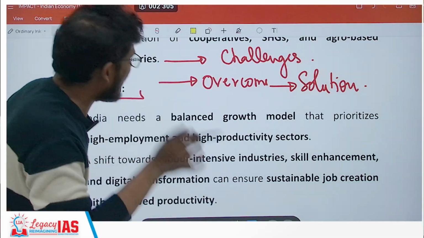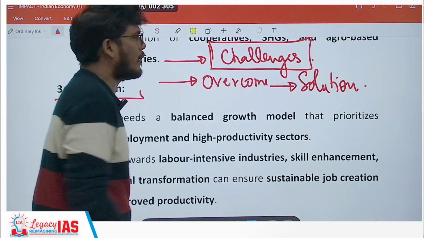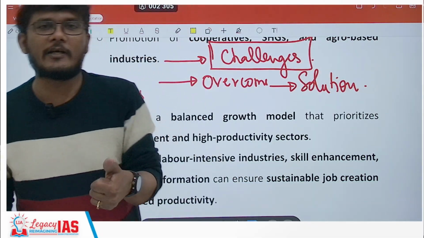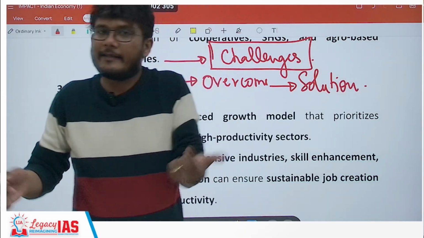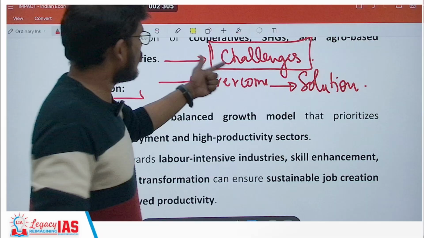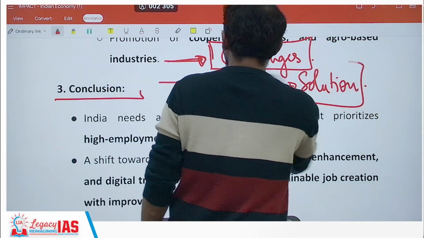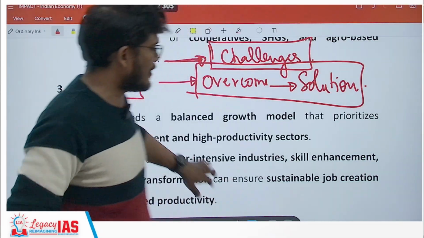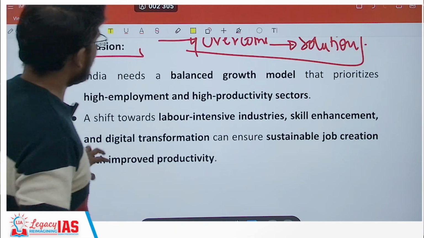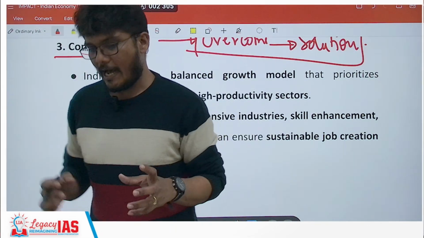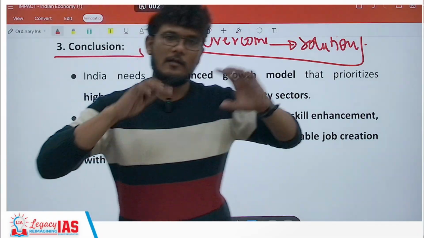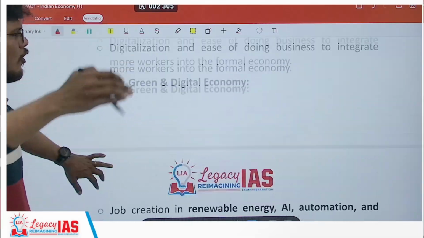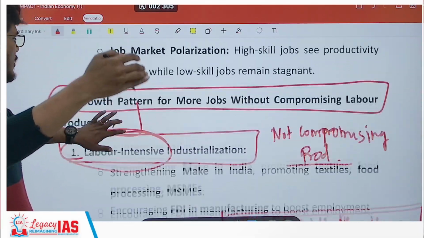So it is very, very important that you mention challenges over here, or else it gives a very negative connotation. First of all, you have not written any challenges. Second of all, since you are giving that model, does it mean there are no challenges? No, there will be challenges. So mention those challenges and then provide a solution. What can be the possible solution of those challenges? And then conclude your answer. The conclusion will be about assuming if the solutions are implemented thoroughly, implemented properly, then what will be the future or goal or achievement of India in the future.